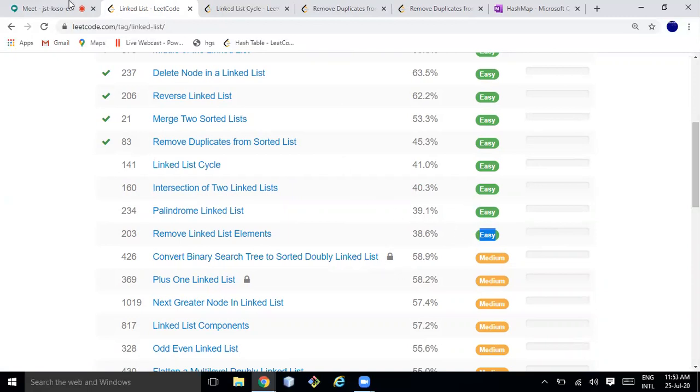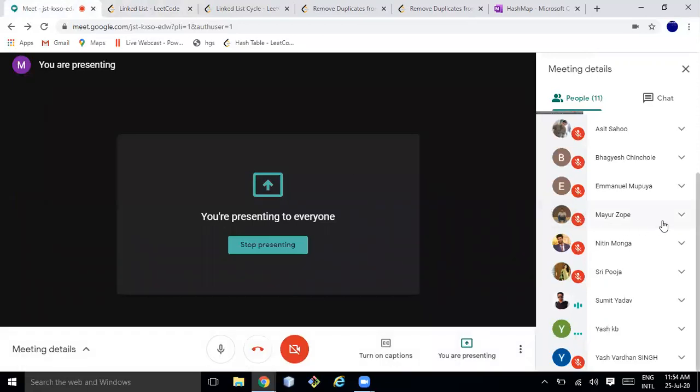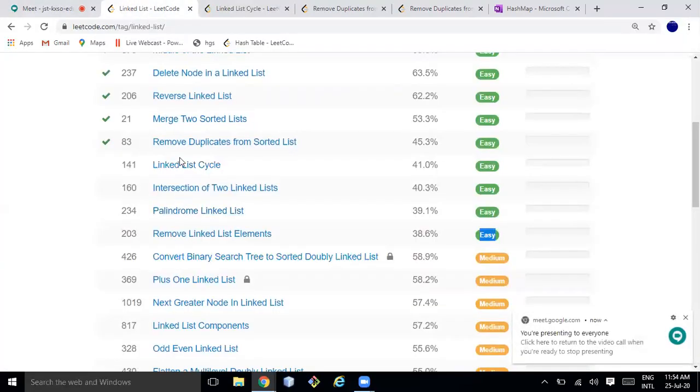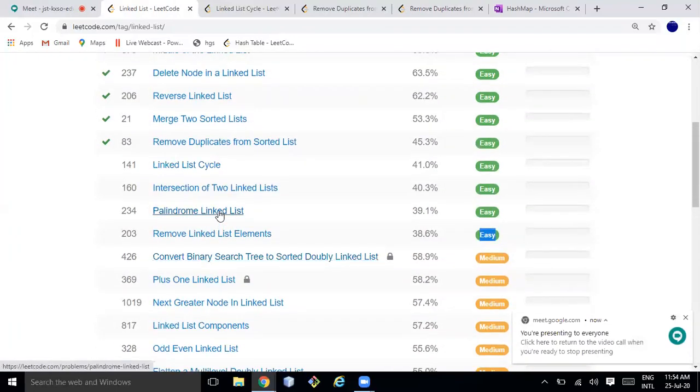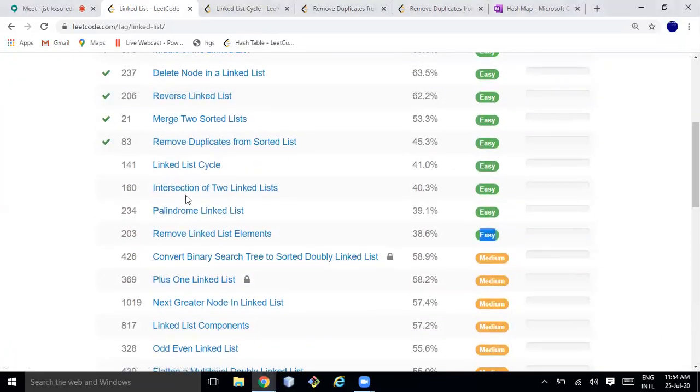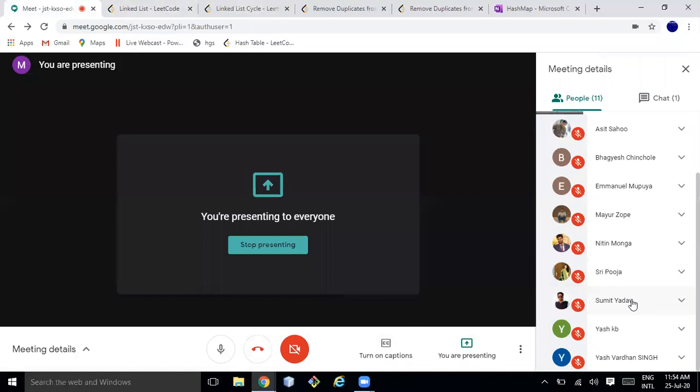I hope everyone is okay. What are we covering tomorrow, Manish? Tomorrow we'll solve this 4th problem, and if we have time, we will solve this problem also. Okay. What about circular linked list and doubly linked list? Maybe because we are solving this problem, next week we will be covering circular and doubly linked list, and after that only we will move to stack and queues. Okay. Hope it's clear to everyone.